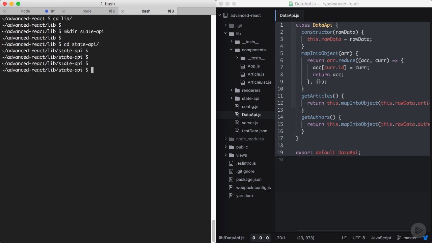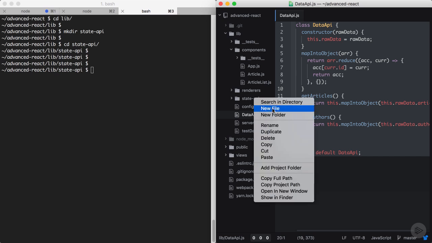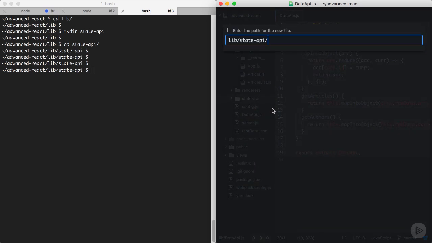Now, of course, I'm going to manage this package locally here just to keep things simple for this course and to keep all the code in one repo. But you can imagine that this folder can be a Git submodule, for example, pointing to a separate package. Okay, so we'll take the previous code and we'll place it under state-api. I'm going to create a new file. Let's actually put it under a lib directory inside the state-api, and we'll just place it in index.js,